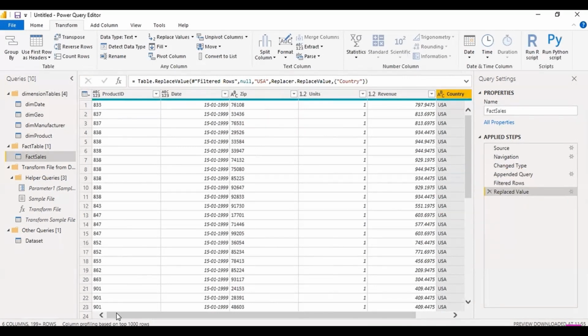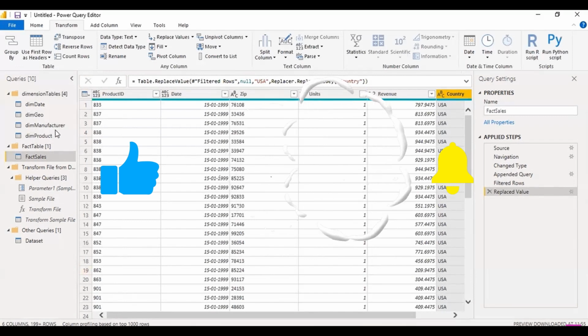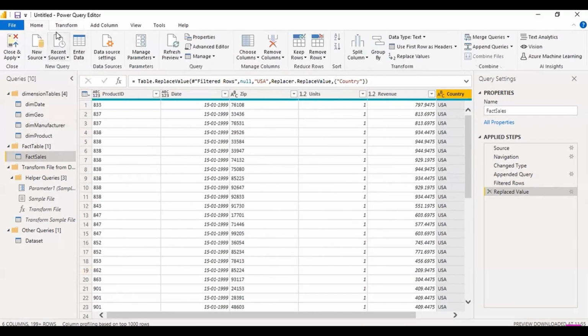So till here, in this ETL process, in this get data process, we have discussed how to take the data from an Access database and from the files in a single folder. In next